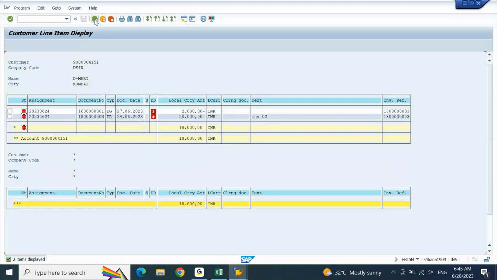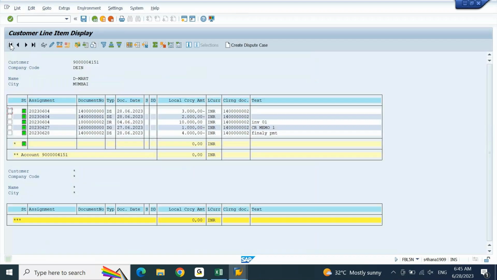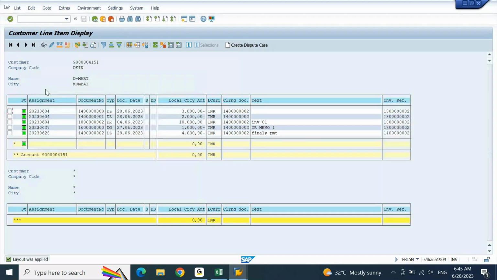Let me select cleared items now, because the invoice is already cleared. Let me pick cleared items, execute. Let me pick our layout. If you check here, what the system is showing, whenever you made any payment for partial or